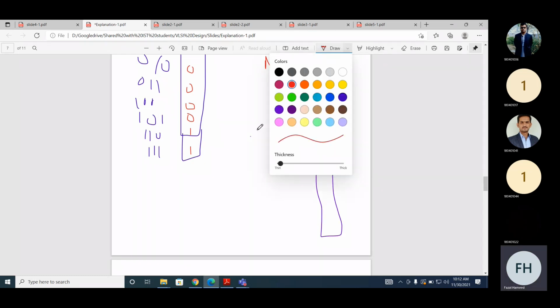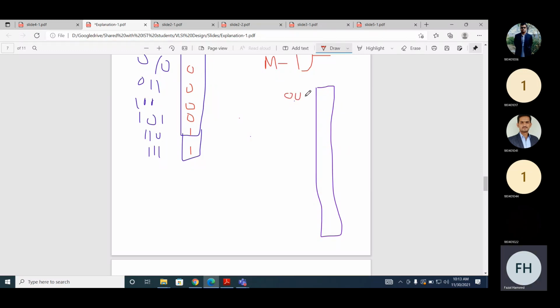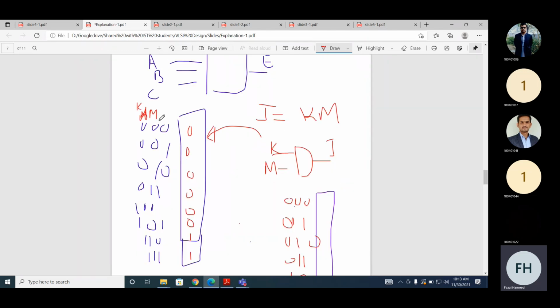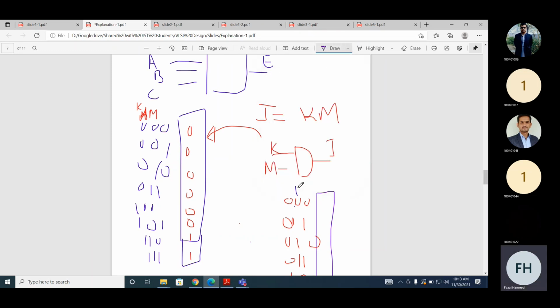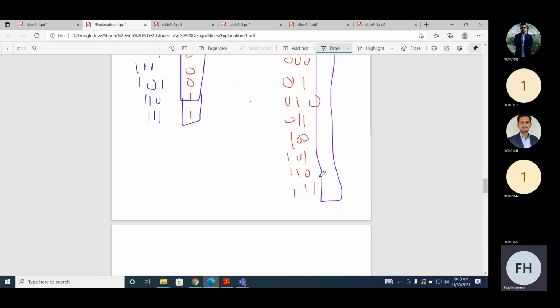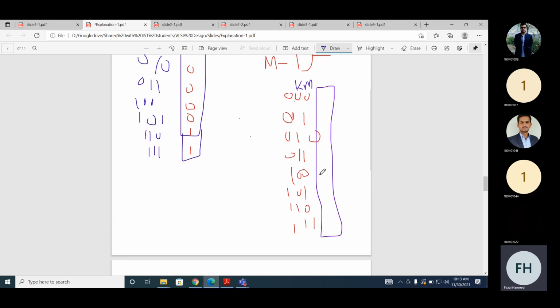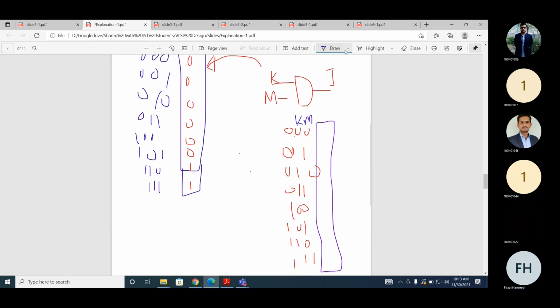the inputs are, let's assume 0, 0, 0, 0, 0, 1, 0, 1, 0, 0, 1, 1, 1, 0, 1, 0, 1, 1, 1, 0, and 1, 1, 1. If we map, instead of the first 2 inputs, K here and M here, so the contents of the lookup table will be the same or different? Different.